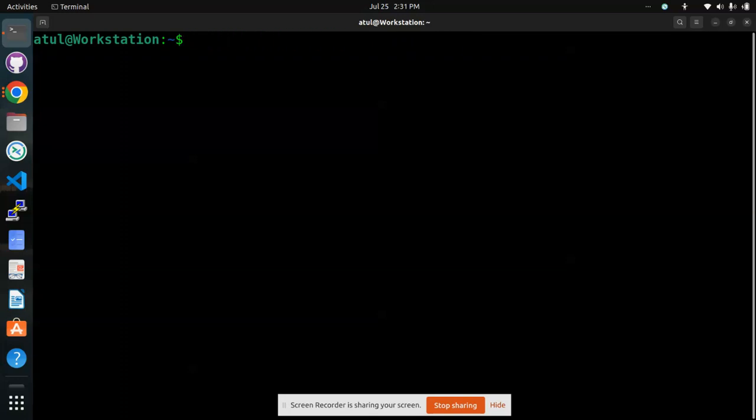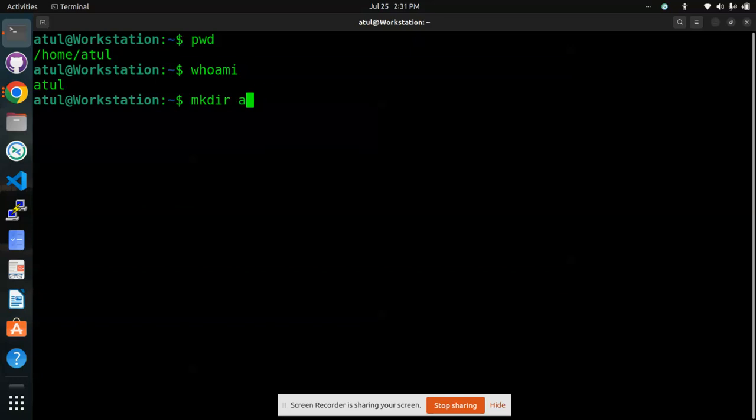Next command is pwd. By using the pwd, you can have the print of the working directory, or you can display the full path. Then another command is whoami, which will emit the username of the machine. You can create the folder using mkdir command. So I am creating the folder using mkdir, and after